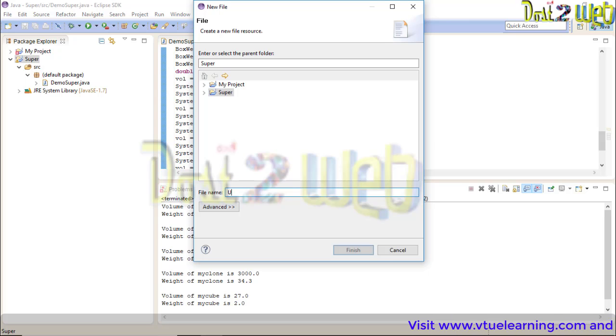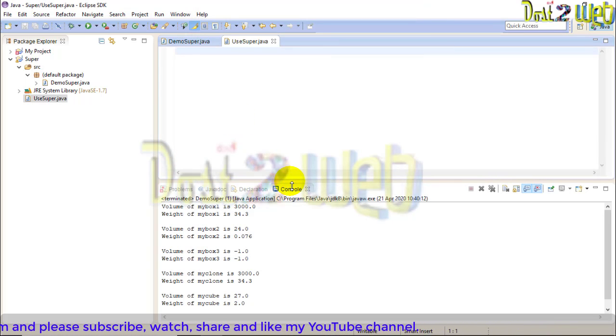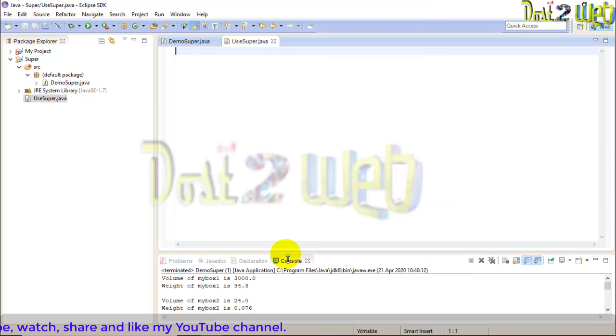I'll use super.java. Here we are not going to use much programming. Okay, so what are you going to do in this program? You are going to create one class named A, and define a variable int i. Then you extend that feature. Okay, let's see that. But I'm going to use the dot member.